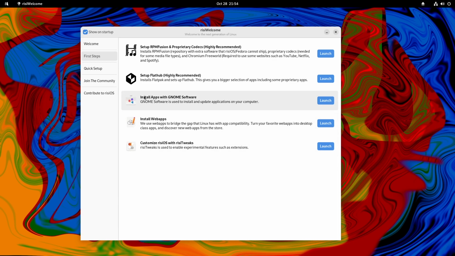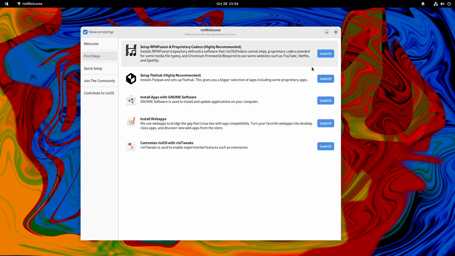I think this launch button only launches the GNOME Software window. And then install web apps, I think it's the same. Customize RisiOS with RisiTweaks. Okay, I think it's the same with these two launch buttons.